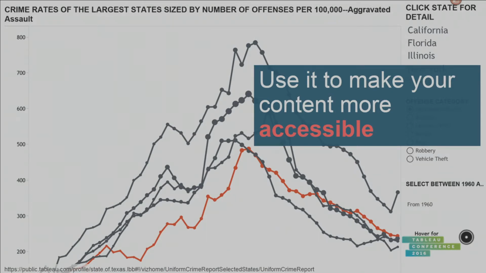So what we're seeing in this visualization, Texas is in red. We're looking at crime rate over time compared to various different states. We can also choose what type of crime we want to see. At the moment, we're looking at aggravated assaults. And what the author of this, who I met yesterday, cleverly does is they provide this little hover, the bullseye you see in the bottom corner. And that helps people understand what they're seeing, and then they can go and interact with it.